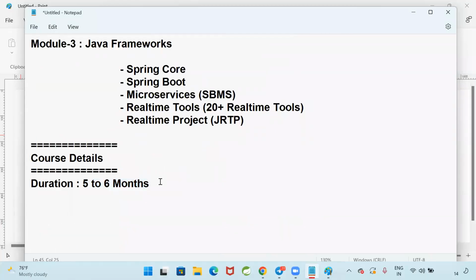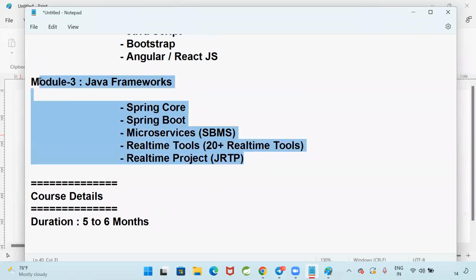I will tell you, in 2012, I learnt Java in Ameerpet only by spending 1.6 years. 10 साल पहले full stack कहाँ है भाई? This module 3 is not available.